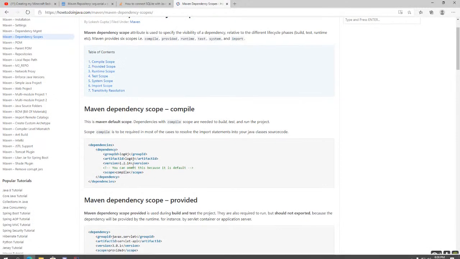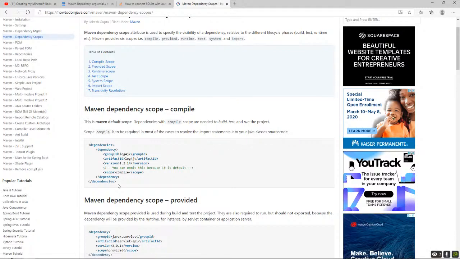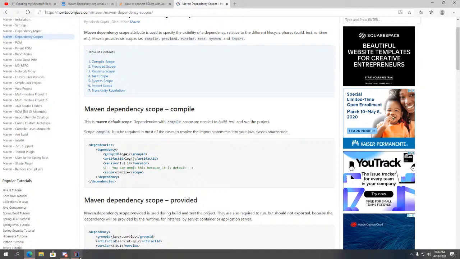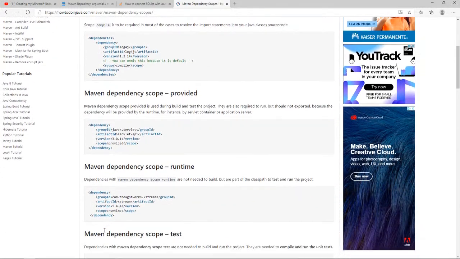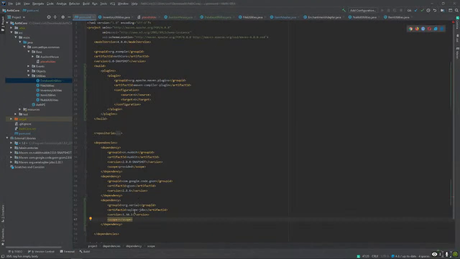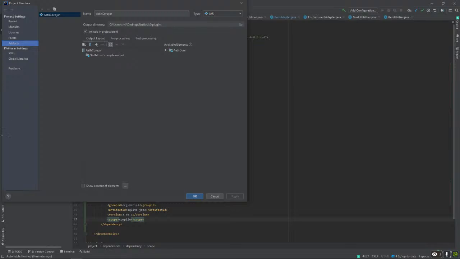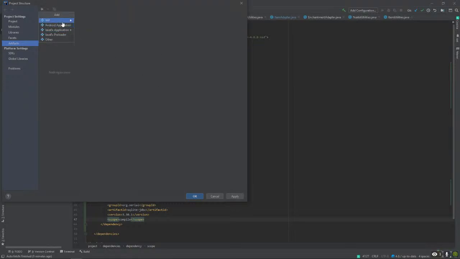Compile. I need compile. Yeah. But I'm not sure. I might have to recompile my artifacts or recreate my artifacts.